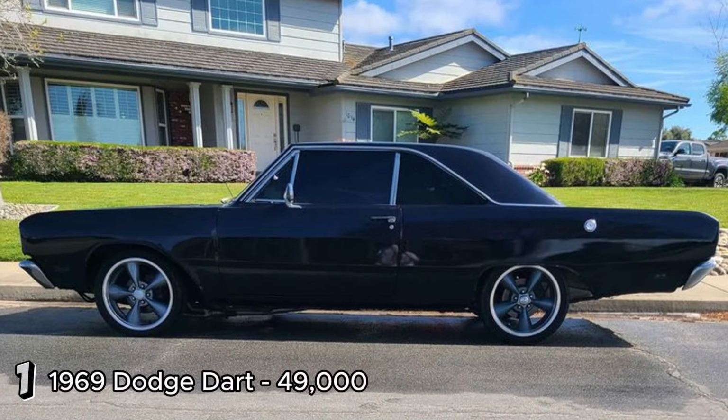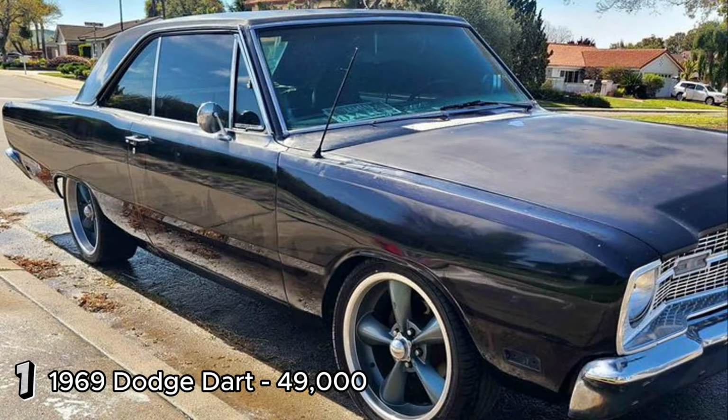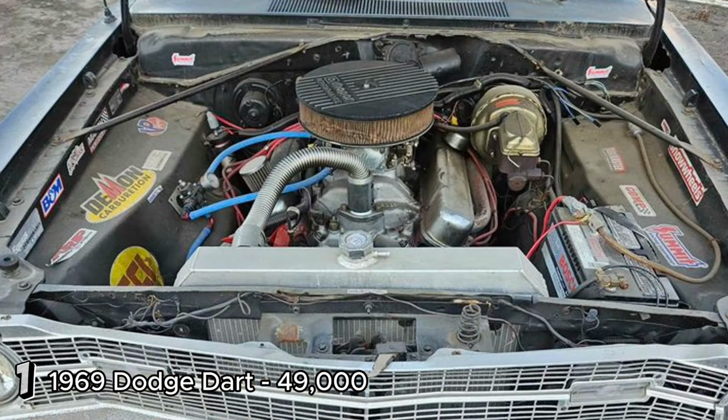The 1969 Dodge Dart, listed for $9,000 with 100,000 miles in Santa Maria, California, has a black exterior and interior and runs on gasoline. It features a strong-running 360 engine, 727 transmission, and a Dana rear end. However, it has rust at the rear window on the driver's side and the passenger quarter panel, and the rear